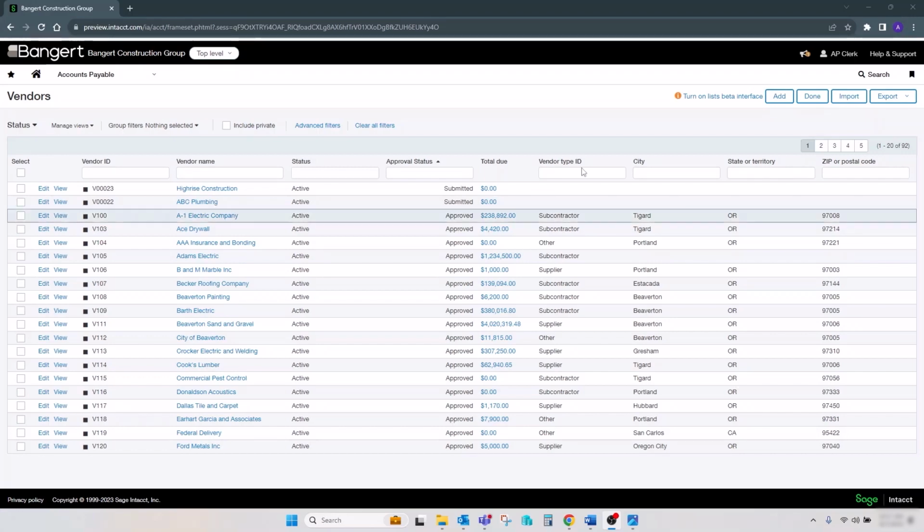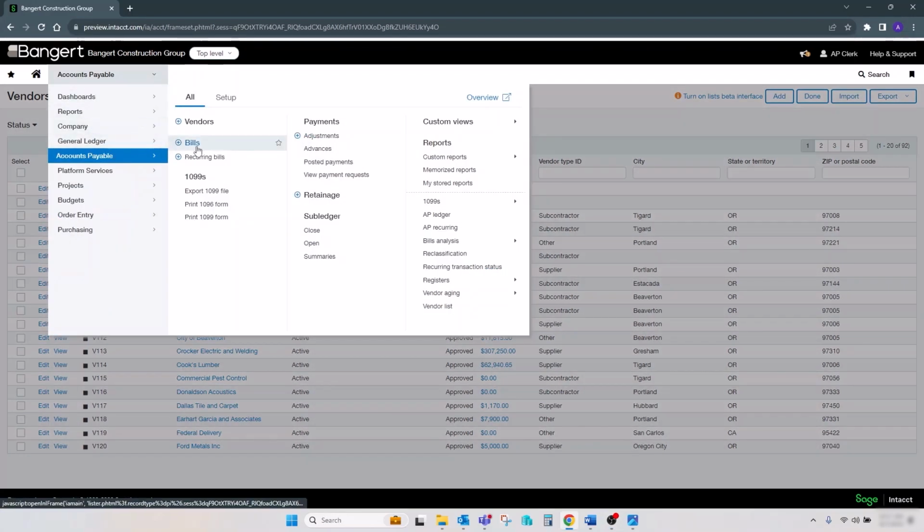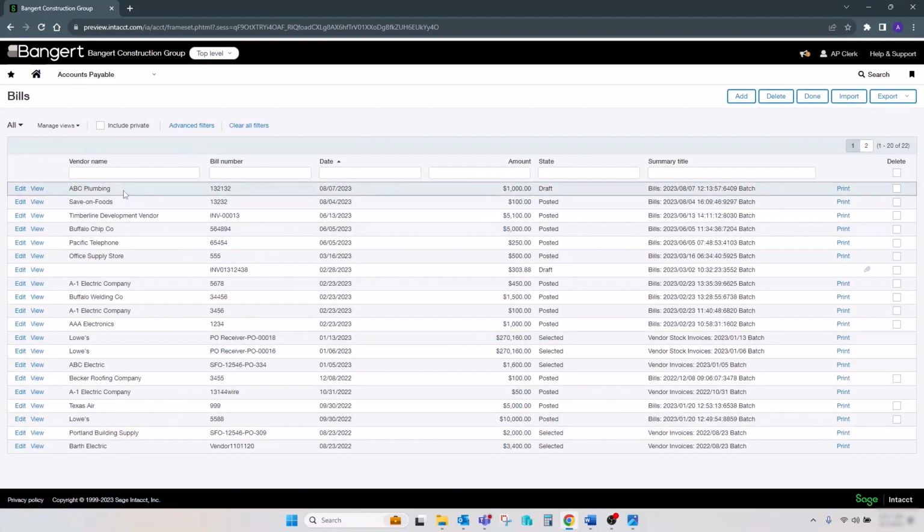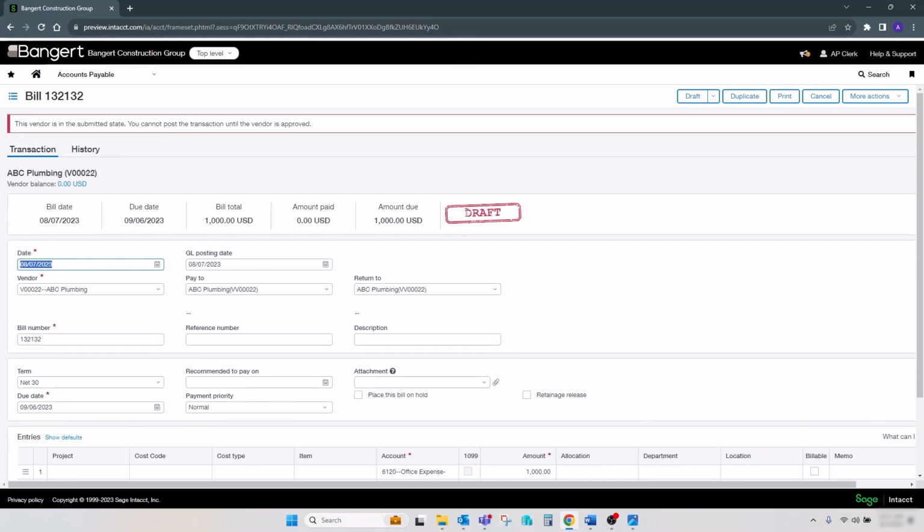So let's have a look. If you look at Accounts Payable, Bills, there's a draft of the invoice up on the top. The status is draft, and the system displays that the vendor is in submitted state and the transaction cannot be posted until the vendor is approved.